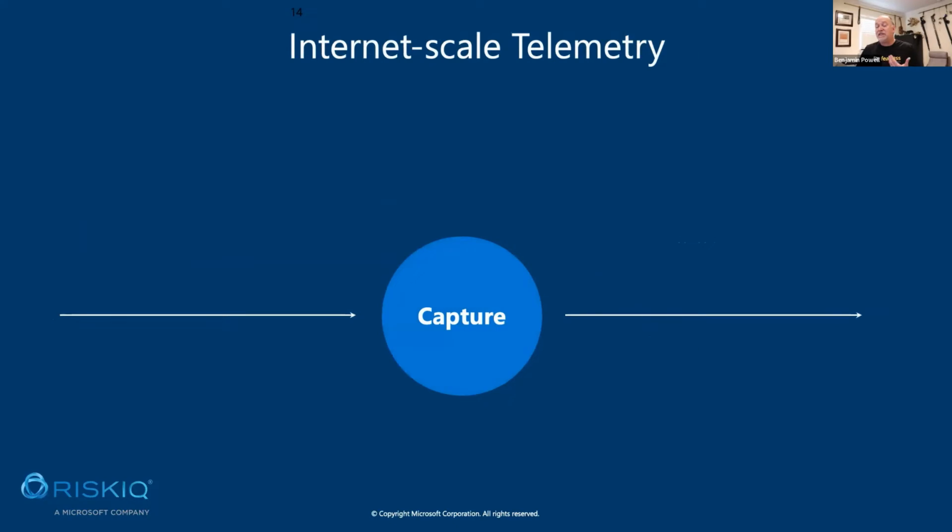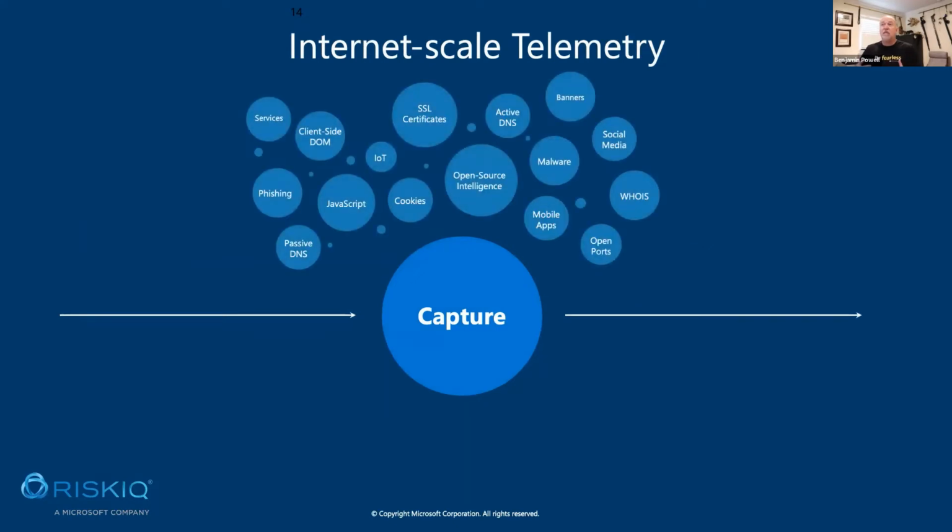So the reason why we're able to do this is that we're going out and scanning the entire open internet. We're bringing all that information. We're doing it from a client's perspective, so we have that document object model. As that page builds, we know what comes in and what goes out.